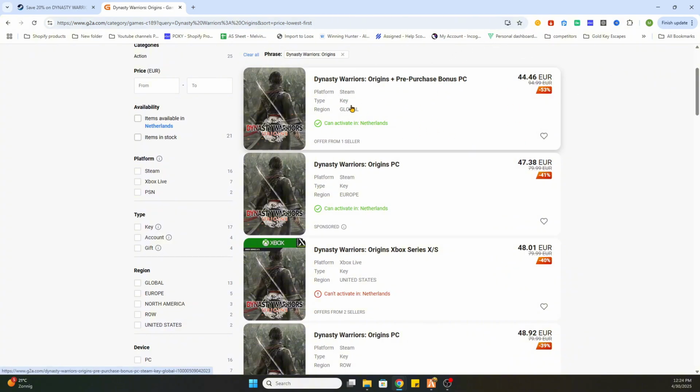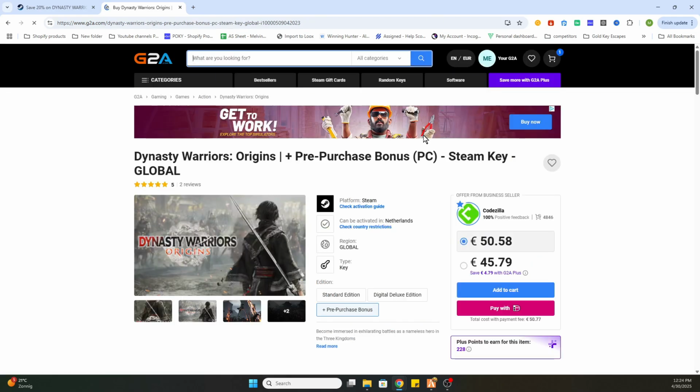But wait a minute, we need to watch two things. The first thing is to search for the PC version, and of course this text needs to be marked green so the game can be activated in your country. Now once you have found one, select it, and after that you can see that this game is already available